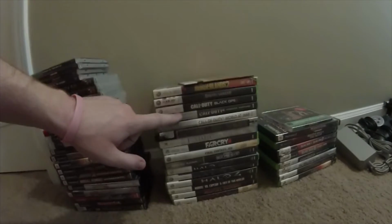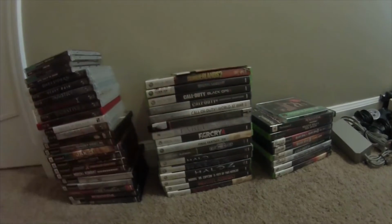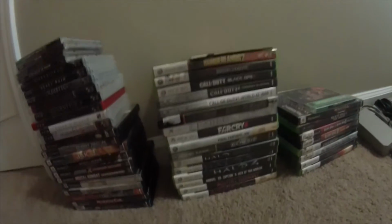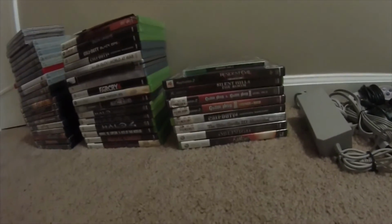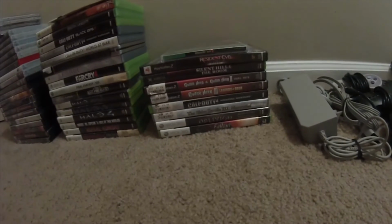Well, maybe, because Call of Duty Black Ops 2 is actually worth about $20. World at War is worth about $15, so maybe I won't. Call of Duty 4 is worth next to nothing, so yeah. Then we got this stack of games right here. These are all missing their discs, so I don't know what I'm going to do with these, because they're pretty